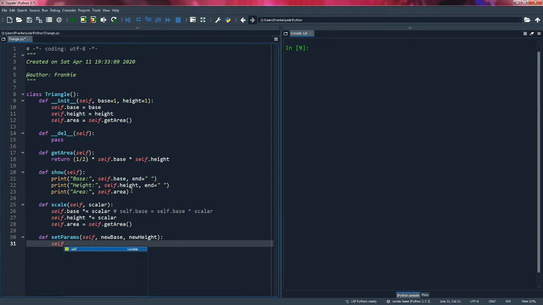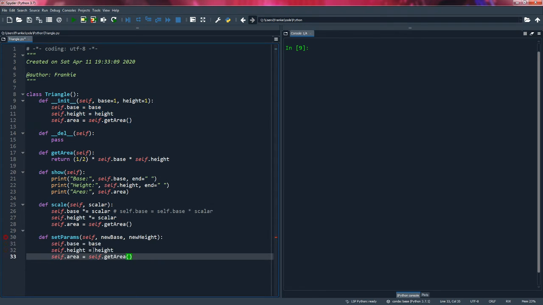Right, so self, and it'll be quite similar to the constructor. So I'm actually going to grab that and we'll modify that here. I'm going to say new base, new height. Right, and because we are updating our base and height, we would like to update area just to make sure that everything's consistent. Right, and last but not least, we're going to have a toString function which will convert all